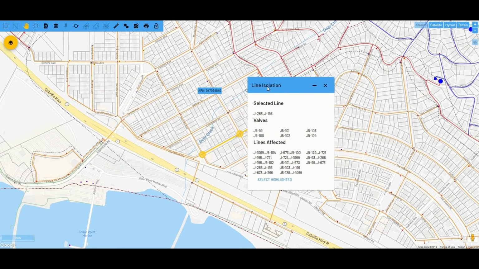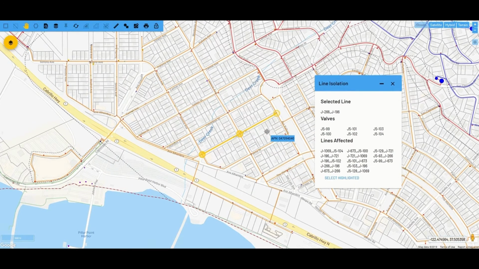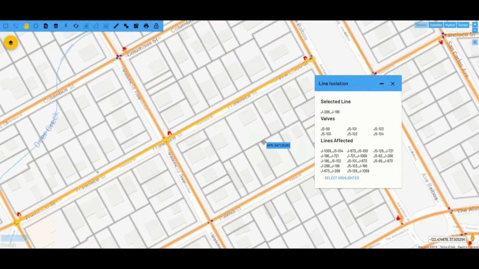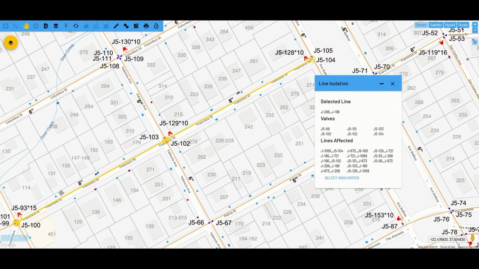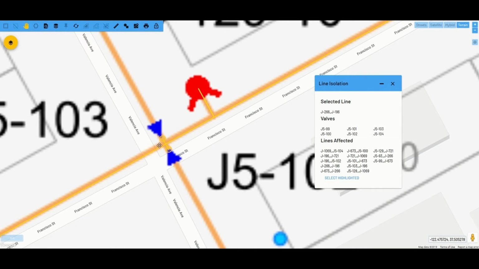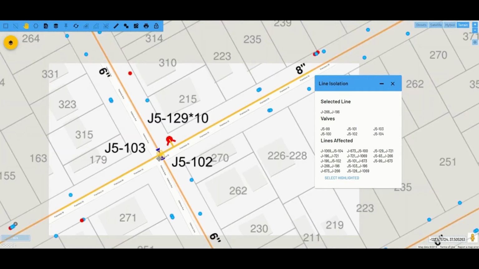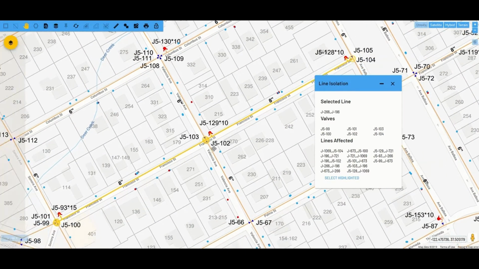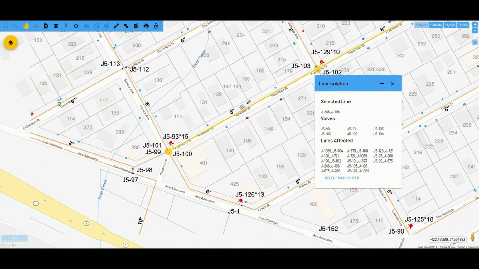It zooms out and shows you all the pipes that are going to be involved and the valves that need to be turned off. Having their names makes it very advantageous for creating work orders, histories, and other maintenance management issues. As we zoom in here, we can see that it even gets the small little valves and shows them exactly where they are to make it much more easy and efficient to turn off the water so you can